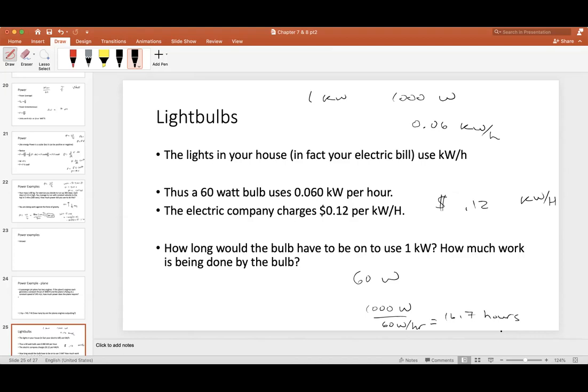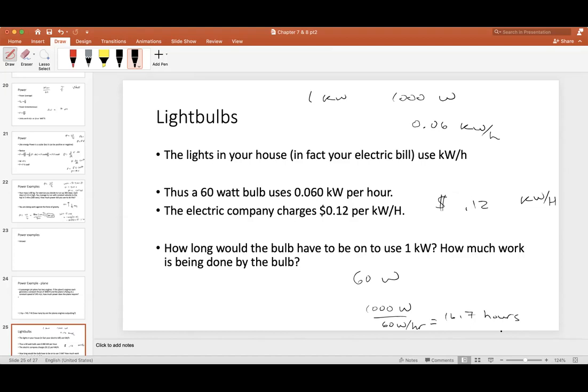So when you look at your electric bill and see how much power you're using, or if your mom or dad ever told you don't leave a light on, well, yeah, I guess 12 cents adds up over time, but if you left a light on most of the day, you would still only be spending 12 cents a day. So you could tell them that. You now know exactly how much power that light bulb is using. And you could figure it out, which is, I guess, a little snarky, and you probably don't want to do it. If your parents are like me, they probably won't be happy with you being sarcastic about it,